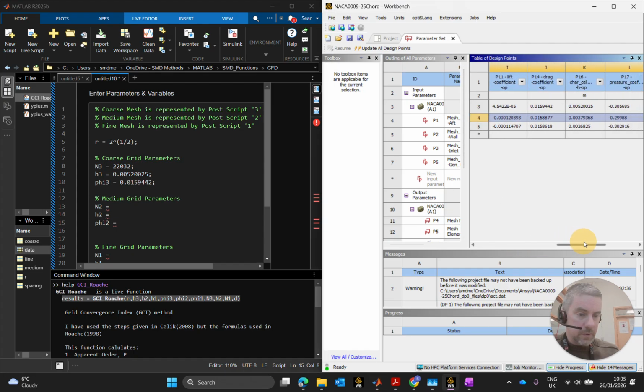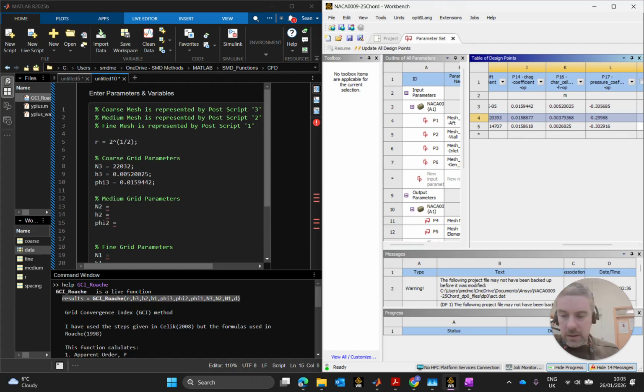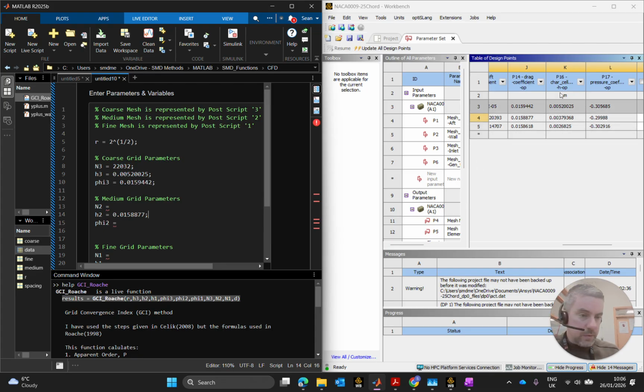my medium grid. I'm going to come all the way back to where I had it here, because I'm local to it, 0.0158877. My phi value is, oh, did I get that one wrong? I did. Apologies. That 158 is my drag coefficient actually, sorry. The drag coefficient. H2, that'll be a big cell. My characteristic cell size for this one is